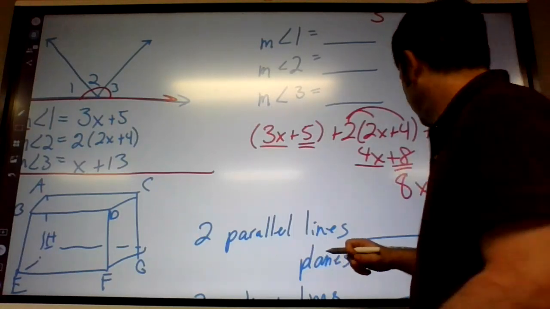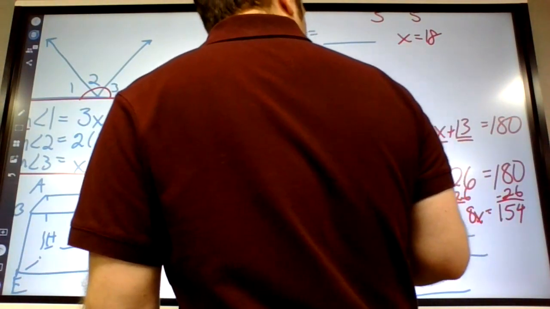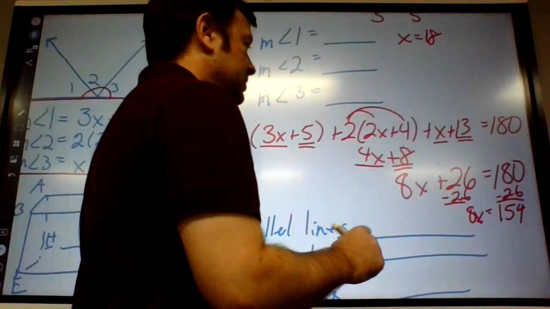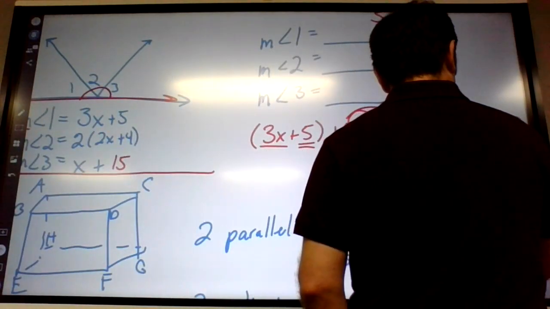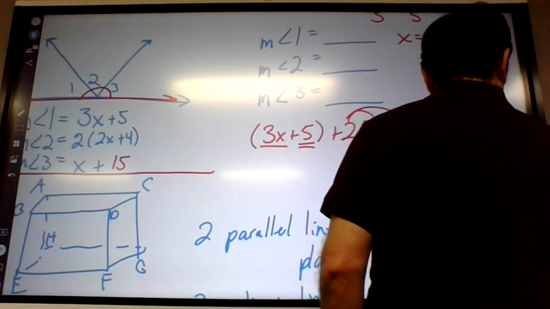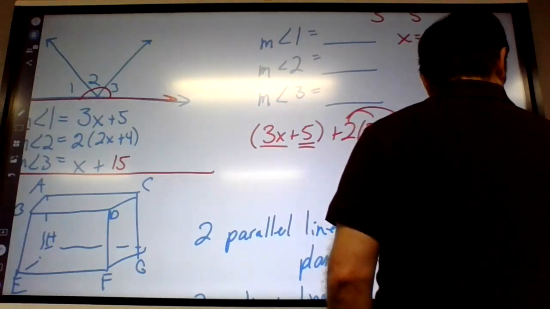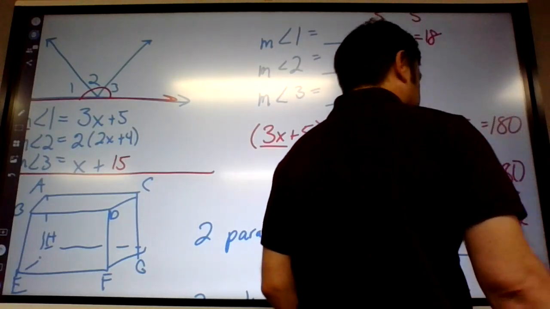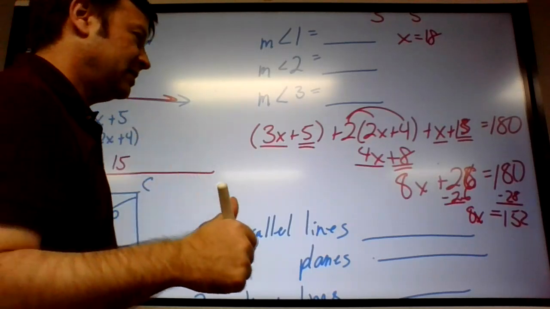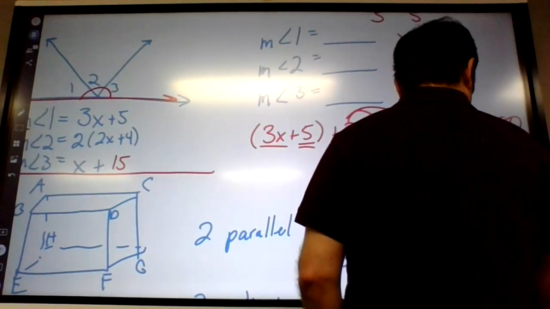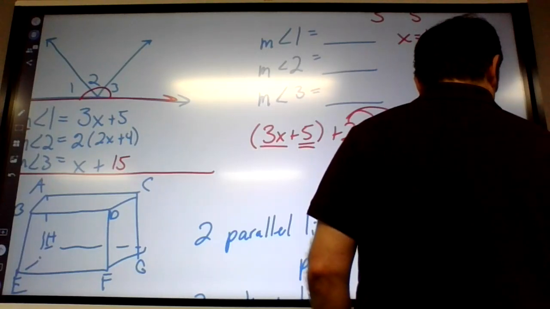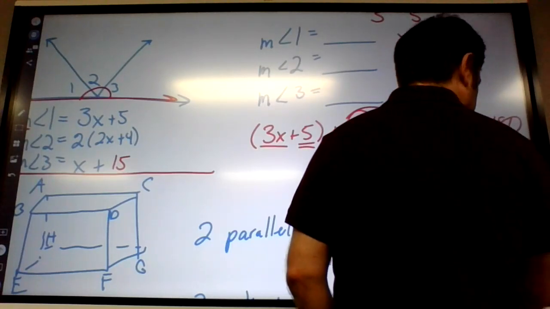Okay. If I would have made this 15, then this would have been 28, and this would have been minus 28, and this would have been 150. Okay, that would have worked. I think this is 19, right? Anyway,